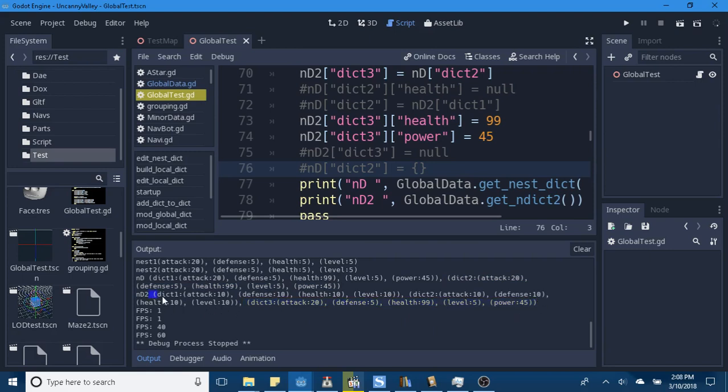But the first dictionary in my second nested dictionary, Attack 10, Defense 10, Health 10, Level 10. The same for the second dictionary. Now they don't all three have power, because power is something I added to the third dictionary in my second nested dictionary. And it propagates to my first nested dictionary